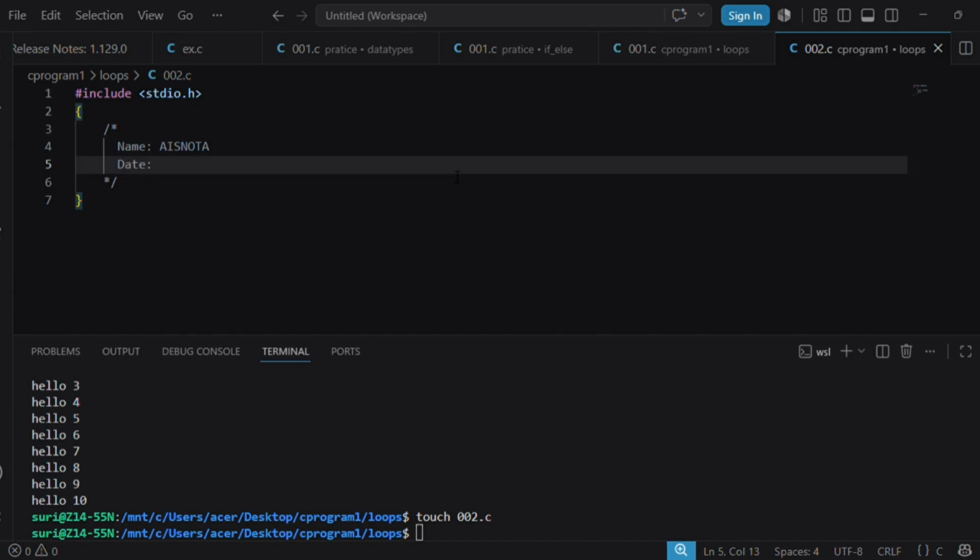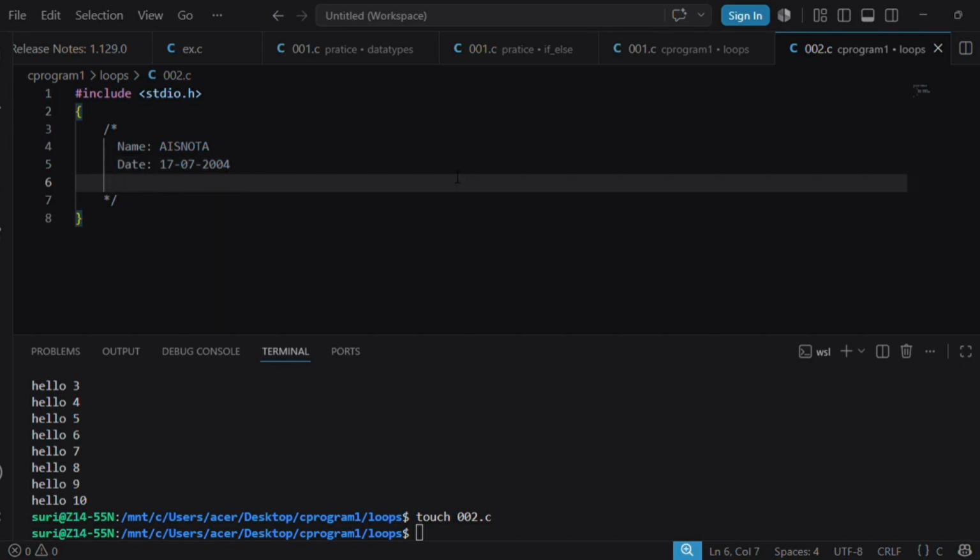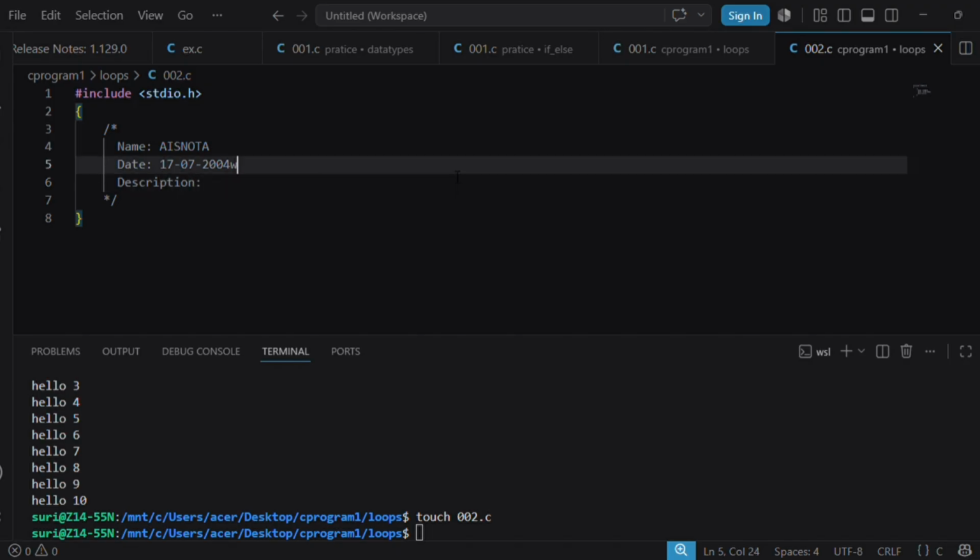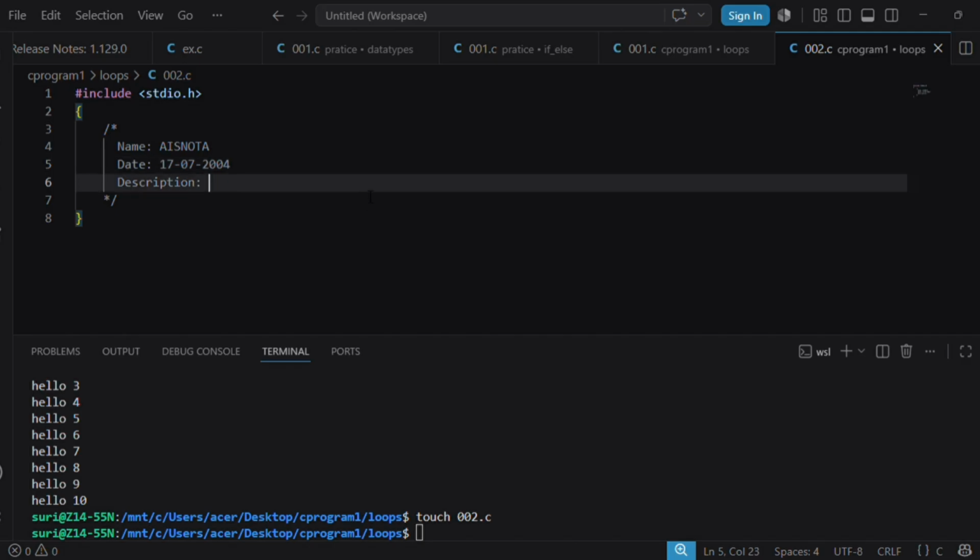Date, description: write a program to print odd numbers.